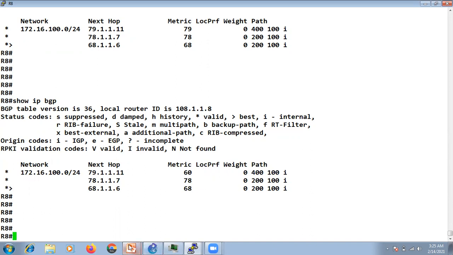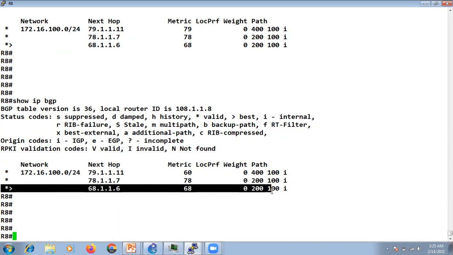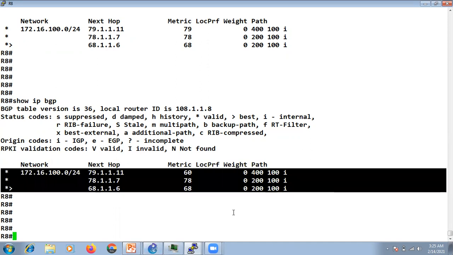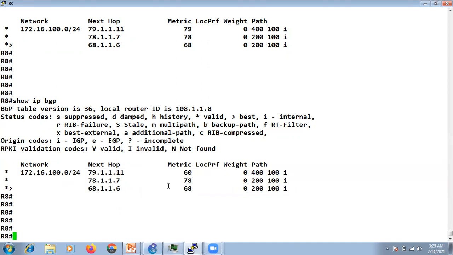So in the MED there is a condition: when we are applying this condition of MED, the lower will be preferred. For all the subnets that we are comparing with this criteria, all the subnets should come from the same AS number.